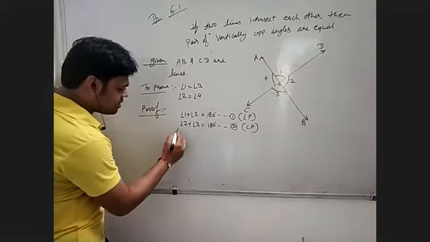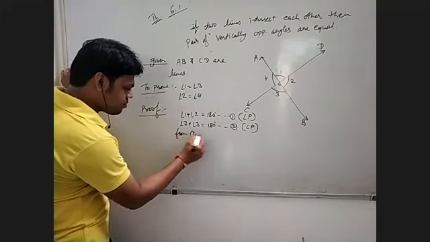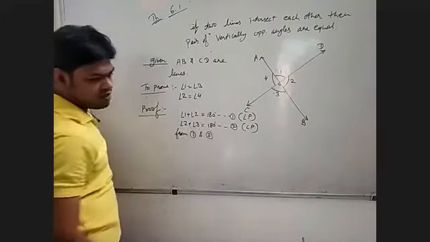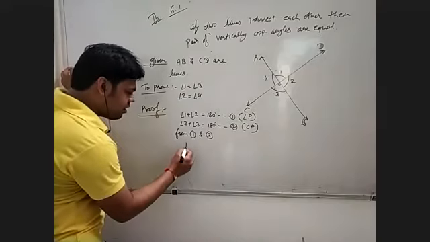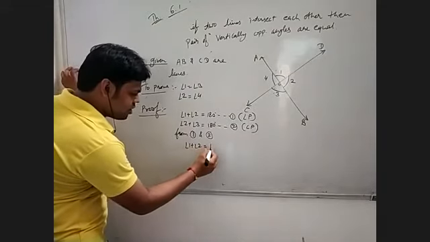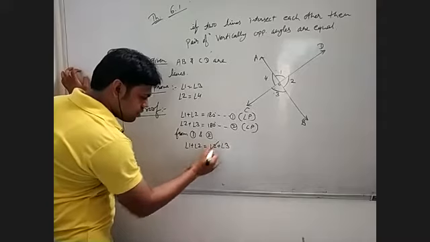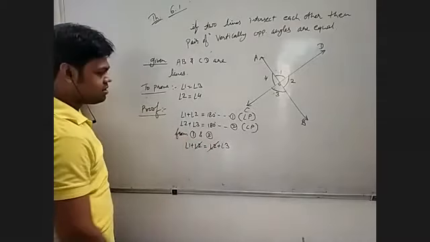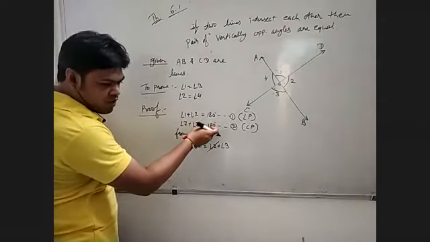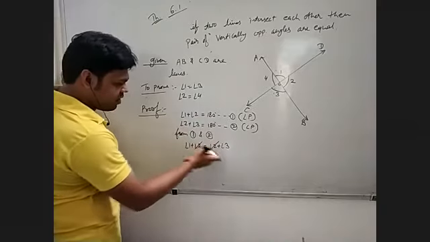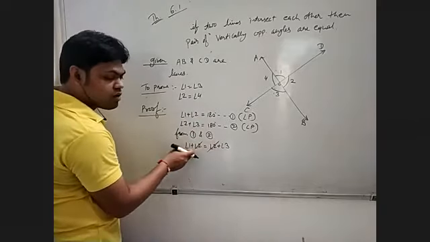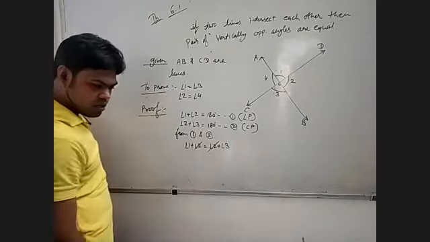Now from first and second equation, we can write angle 1 plus angle 2 is equal to angle 2 plus angle 3. Cancel out angle 3 and angle 2. Why is it? Because both are equal to 180. So they will be equal and we are writing them equal. Angle 2 to angle 2 cancel out. So 1 equals to 3 here.